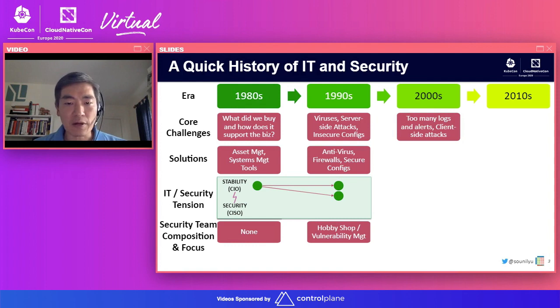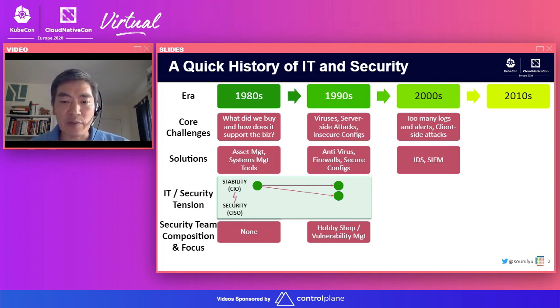Next, in the 2000s, we saw that attackers were able to bypass antivirus, firewalls, and other protective controls. And so we needed a way to detect when that occurred. In addition, we started getting inundated with logs and thousands of alerts that needed to be examined and investigated to really see if an intrusion occurred. And so out of this need, we built technologies like security incident event management systems and intrusion detection systems that